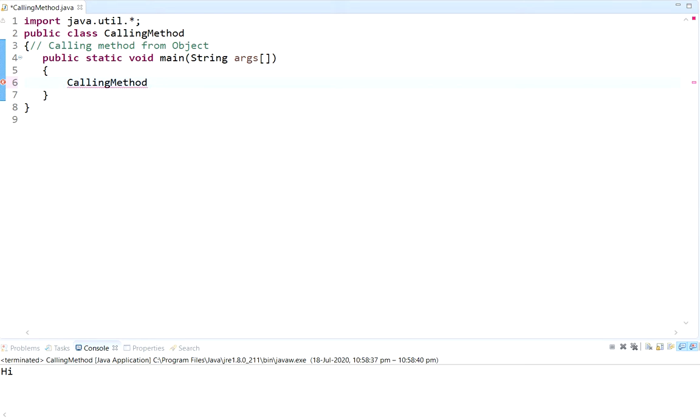Now we have to write a variable, like I call the variable call object. Now I created this object, and this is the data type or class name. You can say this is the data type and this is a variable for the object. Now we have to use the new keyword, new, and then write the calling object again and then methods. Now this is how our object is created.